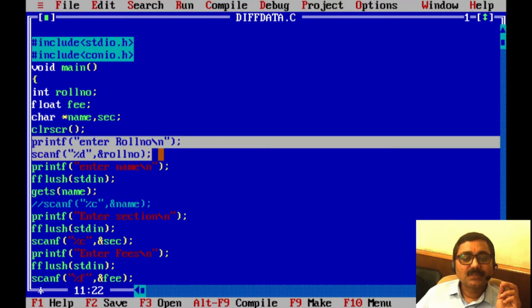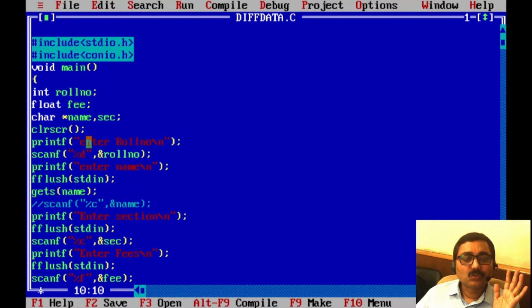This statement will read data for roll number, will show the message enter roll number, and this roll number will go in the roll number variable. Ampersand, we all know, will give the address of the variable to the scanf function.